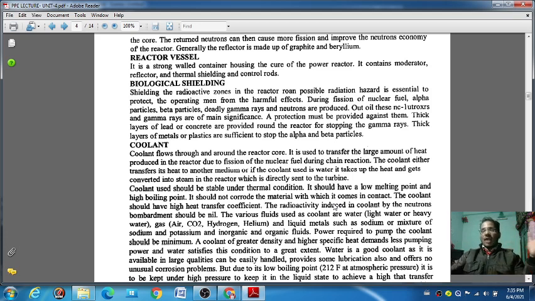It is a radioactive zone around the reactor core. Possible radiation hazard is essential to protect against. Whatever radiation is going out from the reactor or coming from outside should not be deflected while the material is mixing. So we have to take the radiation level also into account, and control the radiation level at the core of the reactor. The thermal shielding or biological shielding is there to control radiation and keep it from going out, or coming in from outside the reactor.